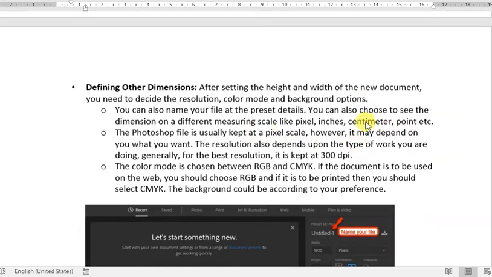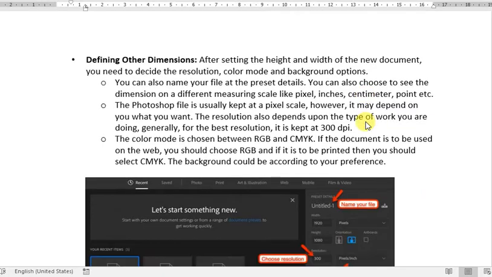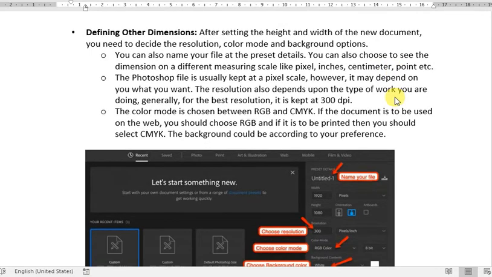While defining the height and width of your document, you have to decide the resolution, color mode, and background options. You can also name your file by typing your name here, and you can choose to see the dimension in different measuring scales such as pixels, inches, and points. The default scale is pixels,